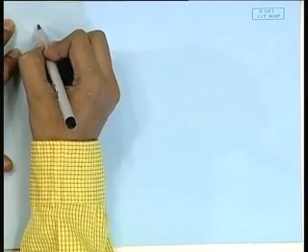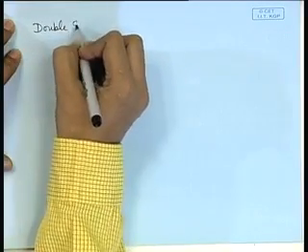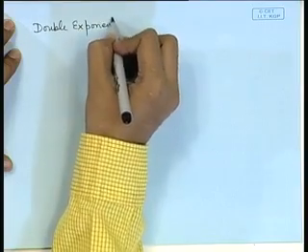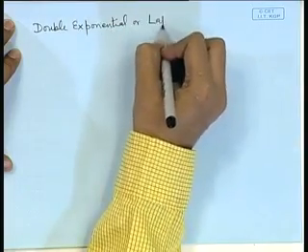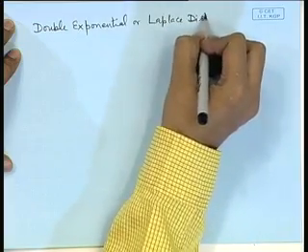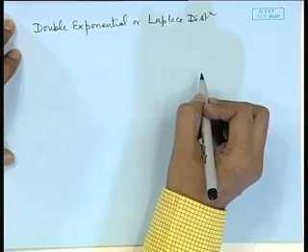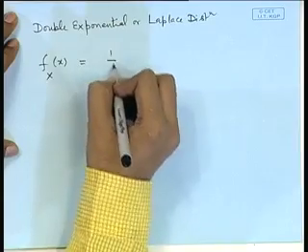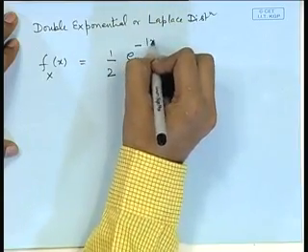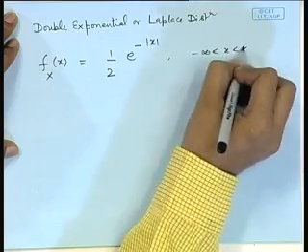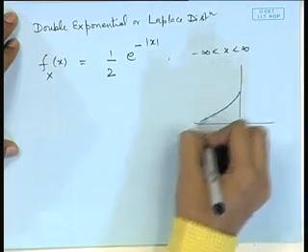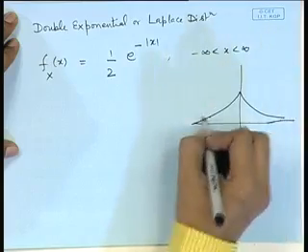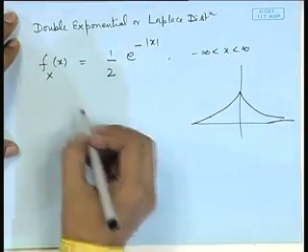Next we introduce a double exponential or Laplace distribution. If we remember the exponential distribution, in the exponential distribution the density was on the right side of the axis. If we consider the density on both the sides of the axis, this is known as a double exponential distribution. Of course, we may introduce parameters here. We may consider